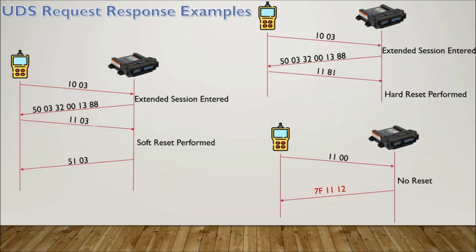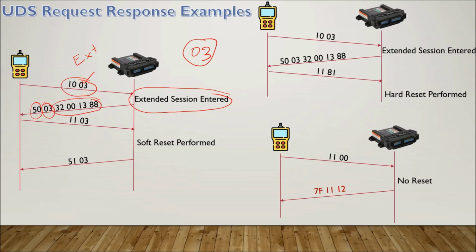So let's say we are requesting for soft reset. For soft reset, you know the subfunction is 03. For performing this ECU reset, it may be required that we need to be present in the extended diagnostic session first. So assuming that the tester first requests the diagnostic session change, 03 is for the extended diagnostic session. So it is possible to enter. So extended session entered, and it sends a positive response that we have entered the extended session with the timing